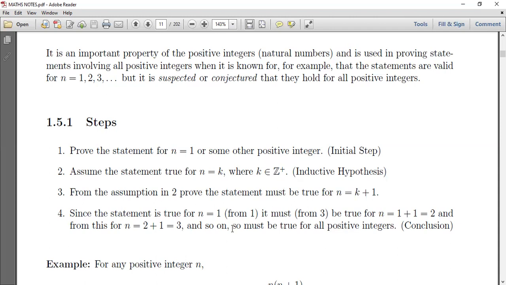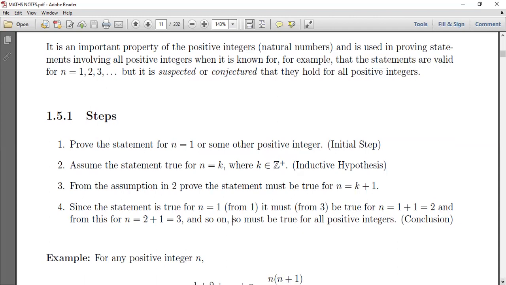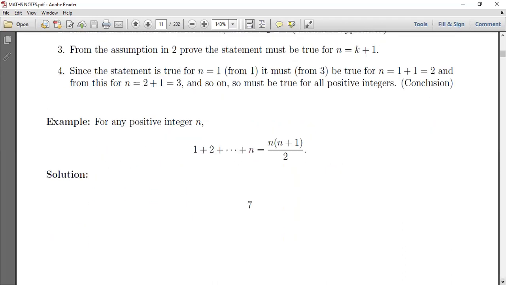Then the statement should be true for all other positive integers. That's your conclusion. For example, for any positive integer n, can you prove that 1 plus 2 plus 3 plus 4 up to a certain number n is equal to n(n plus 1) over 2? Here n is whatever positive number that we are last adding, the last term of our